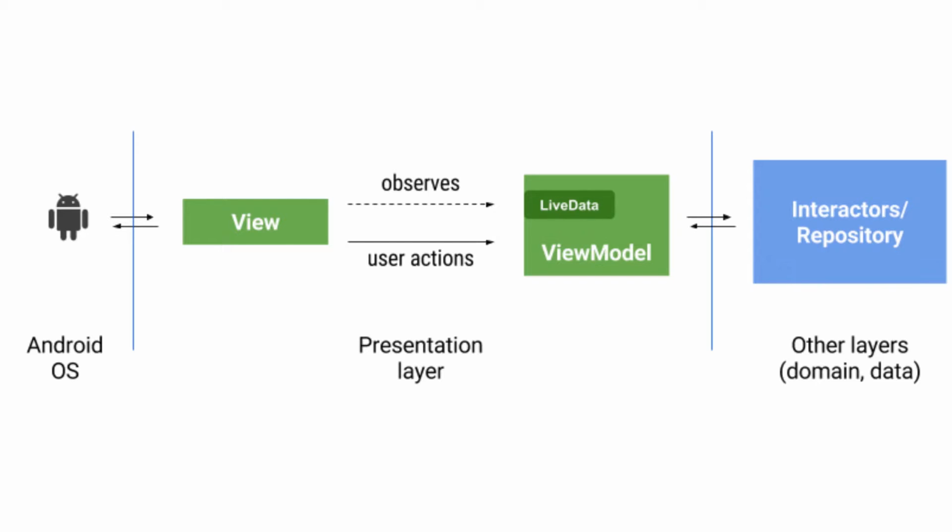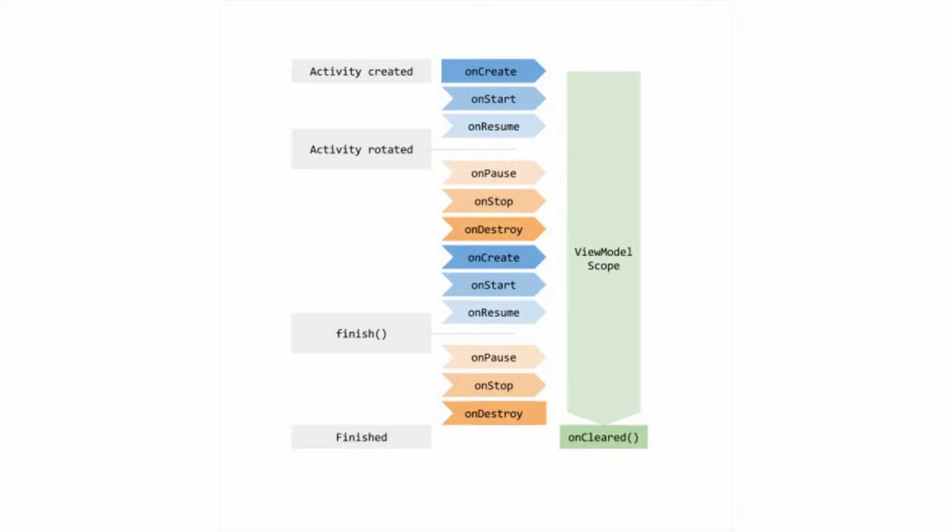ViewModels are classes which are supposed to hold the data for activities or fragments. The fact that the lifecycle of activities or fragments is managed by the Android framework makes it an inconsistent candidate for storage of large data.